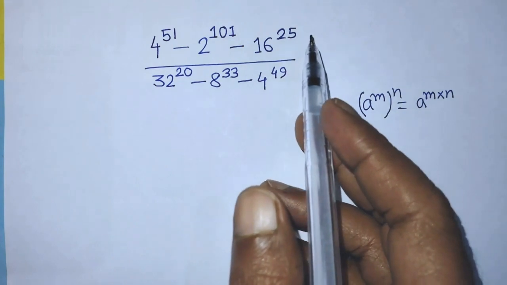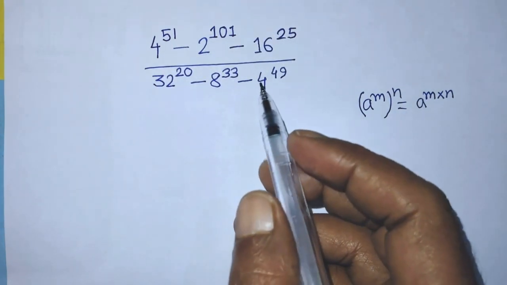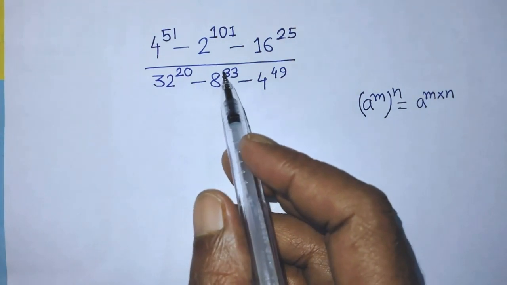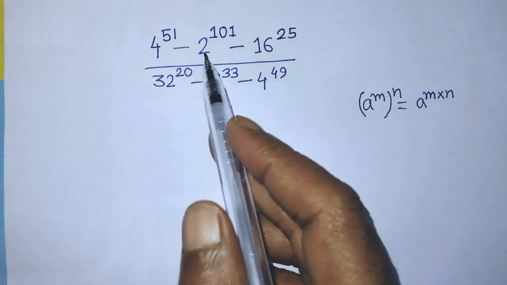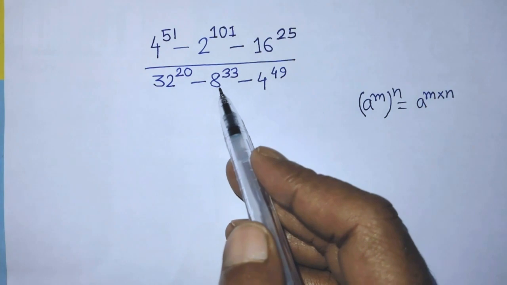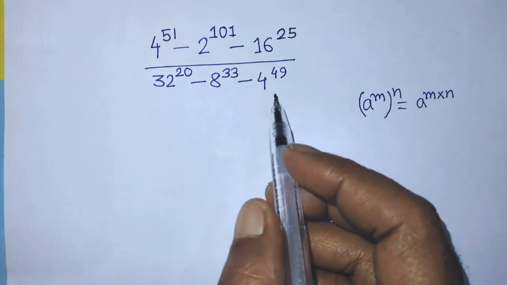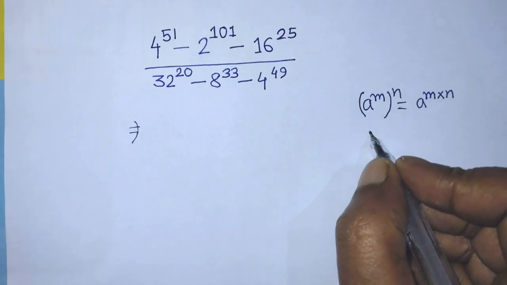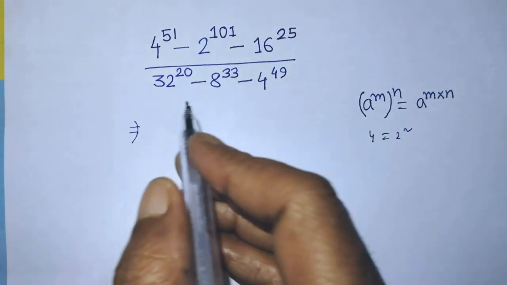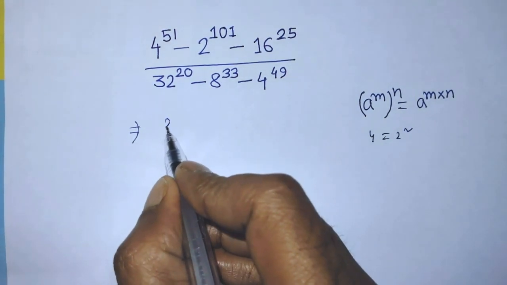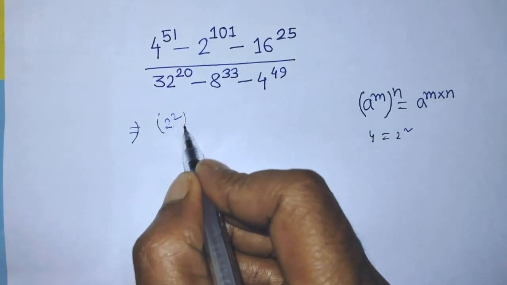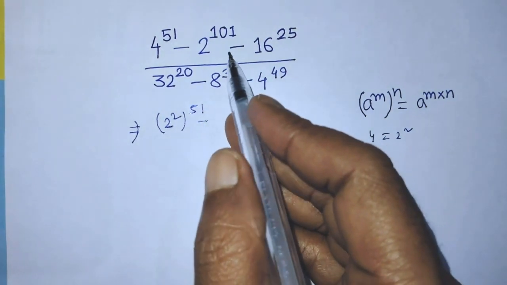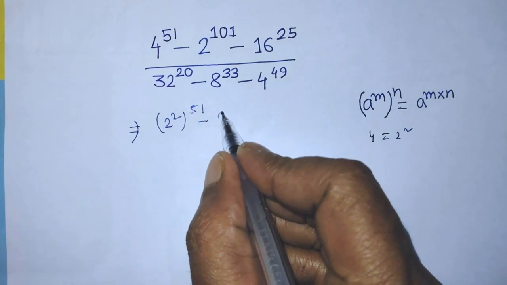So students, to simplify this algebraic expression, first of all in the numerator and denominator we have to write the exponential form in the place of 4, 2, 16, 32, 8 and 4. Then we are able to simplify this algebraic expression. The exponential form of 4 is 2 square. So in the place of 4 we have to write 2 to the power 2 whole to the power 51 minus, and in the place of the second term again we have to write 2 to the power